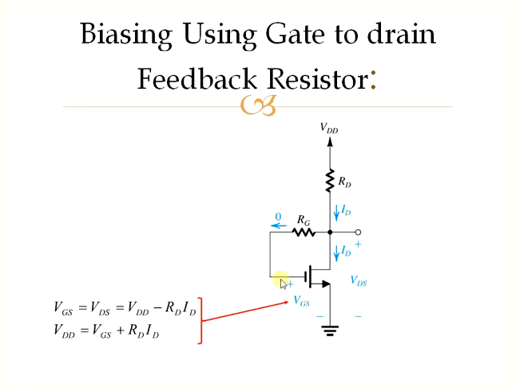If there is any variation in ID, then there is a corresponding variation in VGS. For example, let us consider that ID is increasing for some particular reason. Then the gate to source voltage must decrease, and this decrease in VGS will cause ID to decrease, and a change opposite to that which was initially assumed will occur. Therefore, negative feedback or degeneration is provided by the resistance RG, which works to keep the value of the drain current constant.